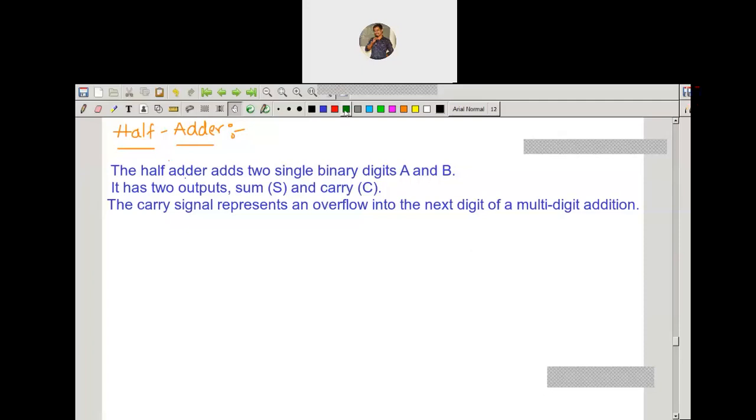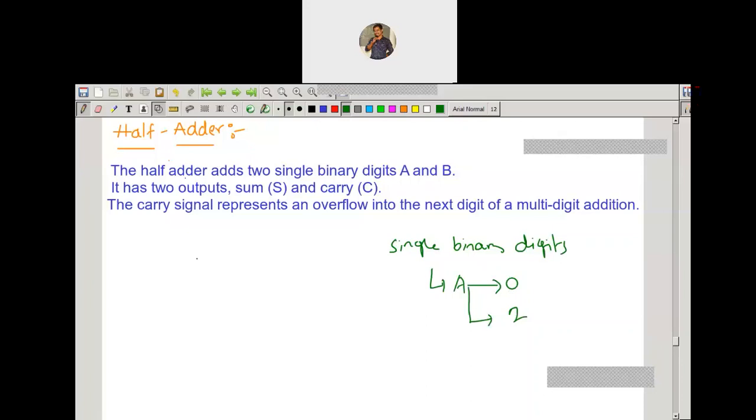So single binary digits means, for example, if A is a single binary digit, it can have either 0 or else 1. It has only a single bit, that is called a single binary digit.